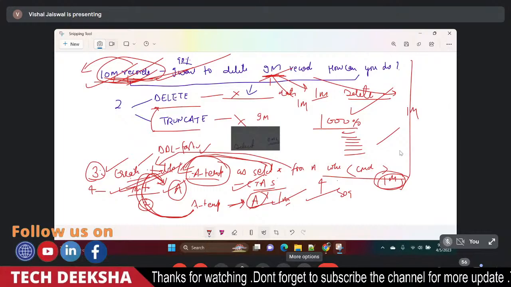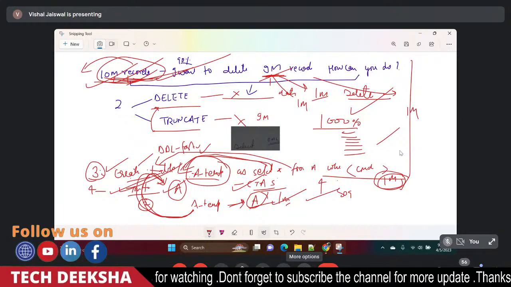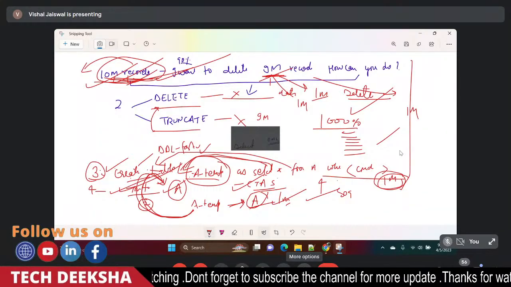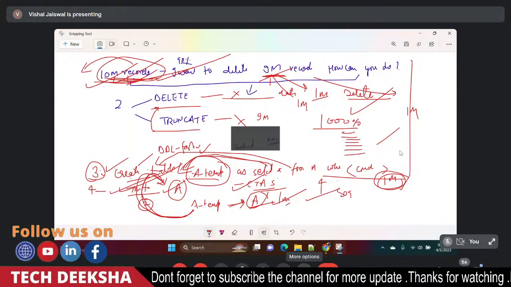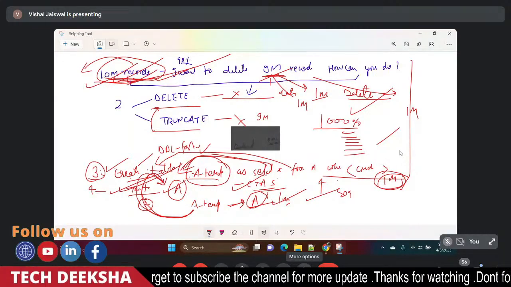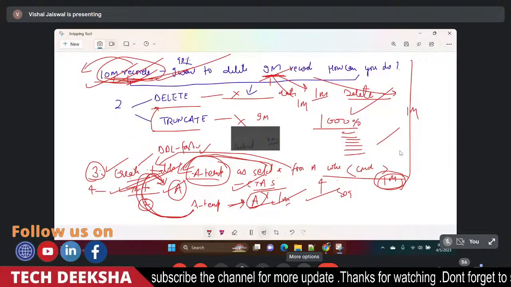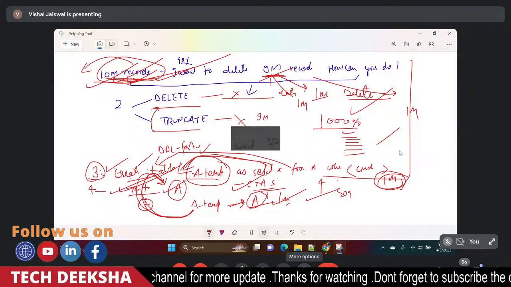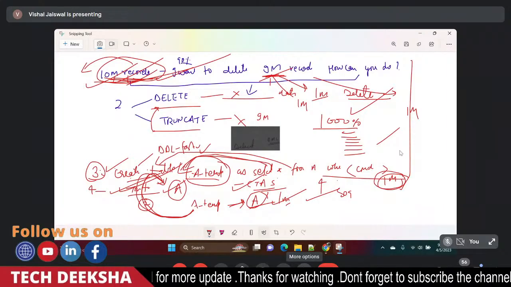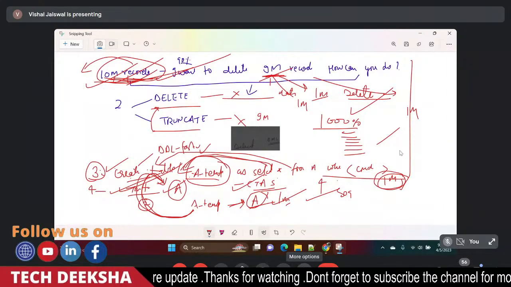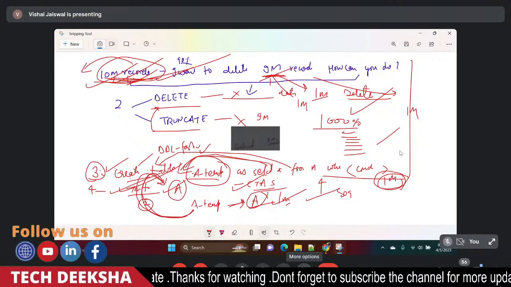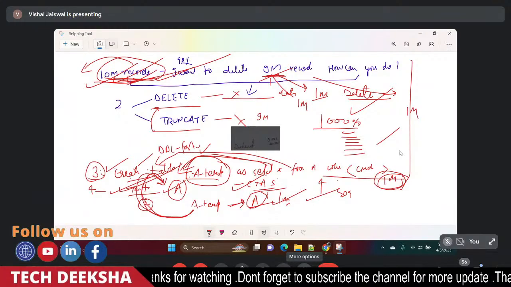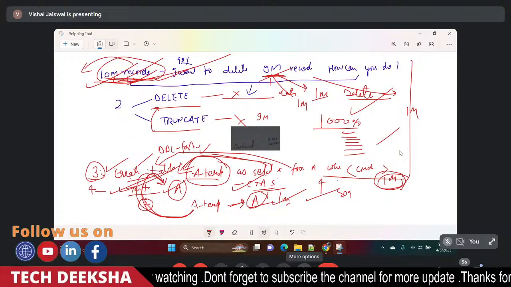See, delete and truncate is one of the most important questions that come in the interview. Once this question comes, delete and truncate, you are forcing the interview. See, in the last 10 minutes, you all forgot about delete and truncate. You all forgot that Vishal is teaching delete and truncate because I already moved you in some other direction: HWM, redo log buffer, and you're thinking that you are studying something new. But actually what I'm teaching, delete and truncate, the same way you have to do